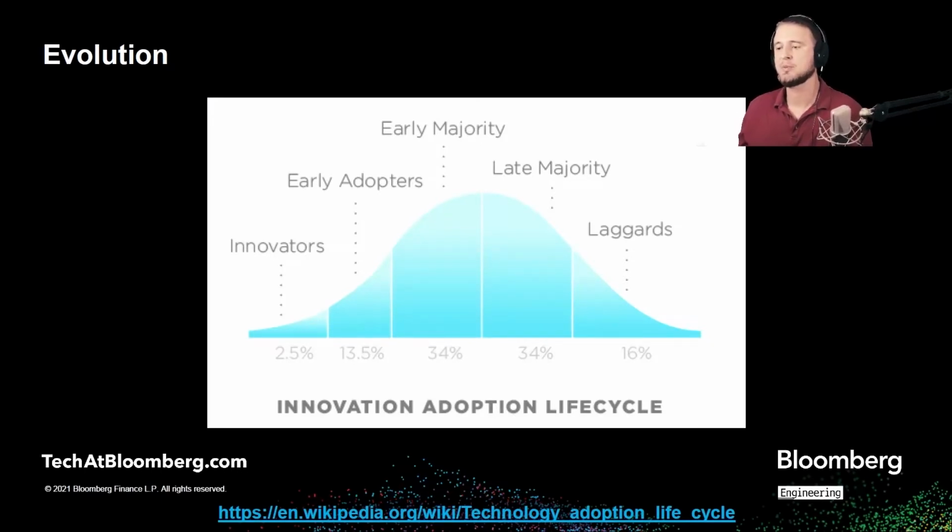So like any other piece of technology, chaos engineering is following a similar path that we call the innovation adoption lifecycle. And it looks like a bell curve, and it basically divides the population into buckets. We've got the innovators on the far left side of things. This is the initial part of the population that looks at the technology and is like, oh, this is so awesome, I would like that. And they're ready to put up with all the downsides, with it not being super mature, with the bugs, with the issues, with the rough edges, because they see the value in it. So they go and they adopt that.